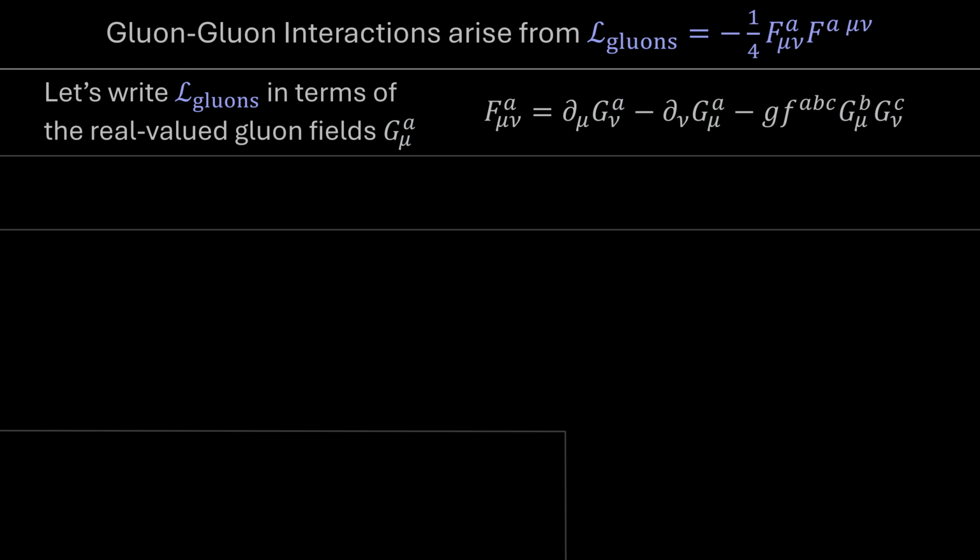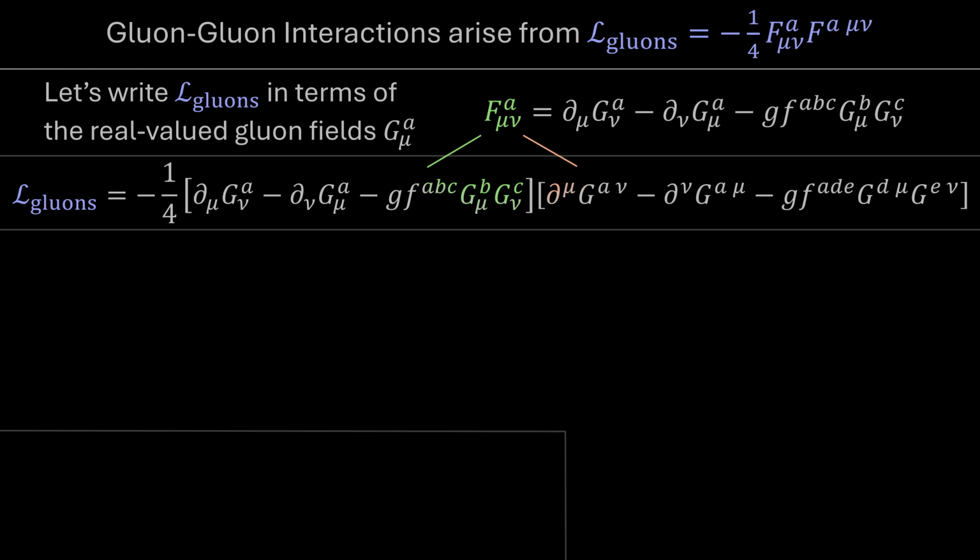Okay, so now all we have to do is use that expression for the scalar-valued field strength tensor to evaluate our gluon Lagrangian in terms of the real-valued gluon fields. Because then we can see exactly how energy is contained in each and all of the components of the real-valued gluon fields. And if that equation depends on the product of one gluon field component with another, then that's an interaction term, because that implies that there's energy associated with both of those components existing together.